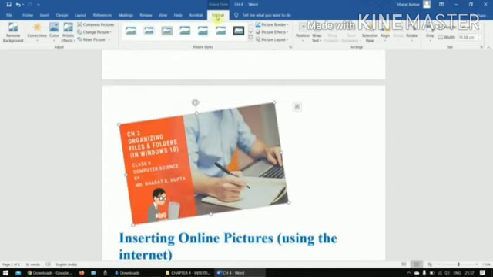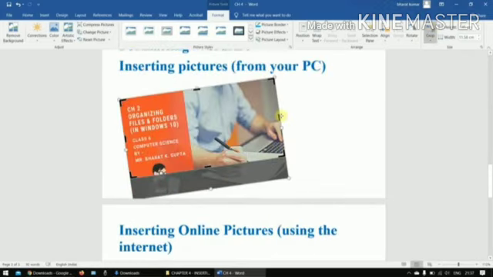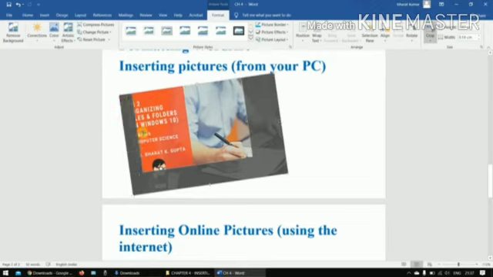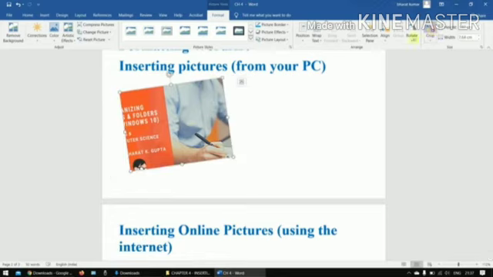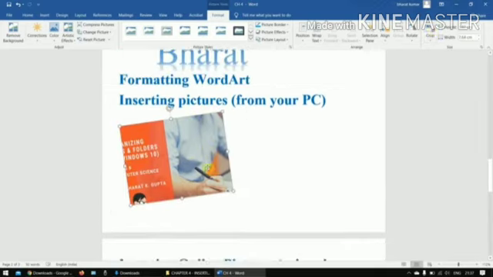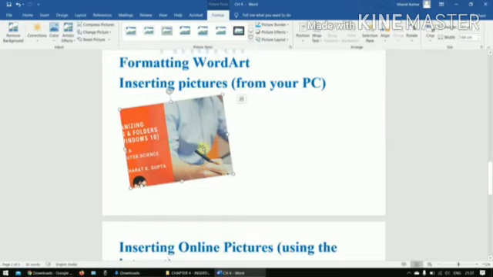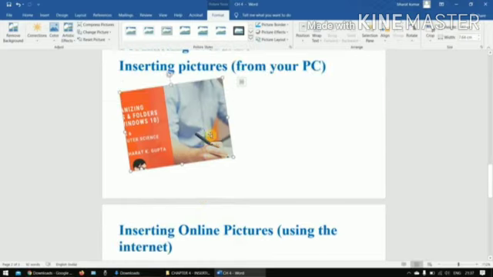and upon clicking on the Format tab, I can also crop this picture. Now crop means removing the unwanted portion within an image. So for example, let's say I only want this portion of the image. Now I'll click on the Crop button. Now only that specified portion of the image is remaining, the other portion is deleted from the image. So it's quite easy to manipulate and insert images.